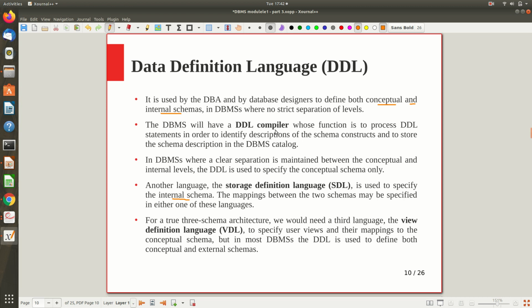So that is the role of the DDL compiler, whose function is to process only the DDL statements in order to identify the description of the schema construct and to store it. So sometimes you want to store the schema, sometimes you want to access it, right? Both will be done by the DDL compiler, which separates the application program from the DDL